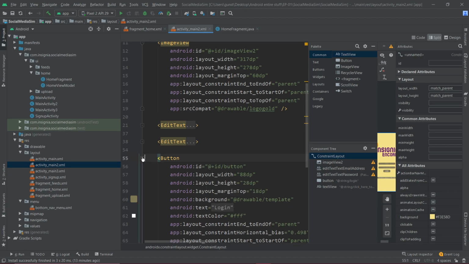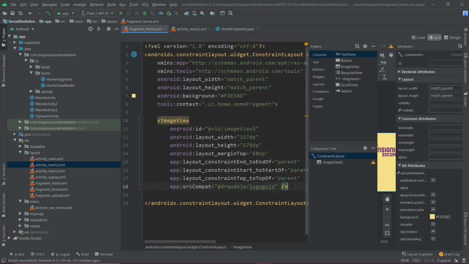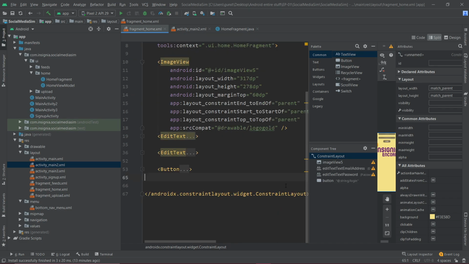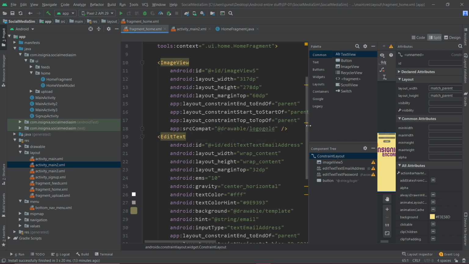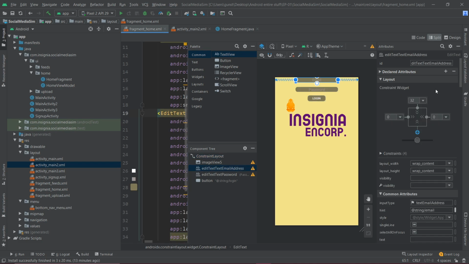I'll obviously need a button. I'm also taking this button. I do not need a text view. Just go ahead and paste all of them here. But then we would have to make a few changes, because what am I going to do in the home fragment first? I'm going to update my name and phone number to my current database. And if I have already signed up in the database, I'm just going to retrieve my content.